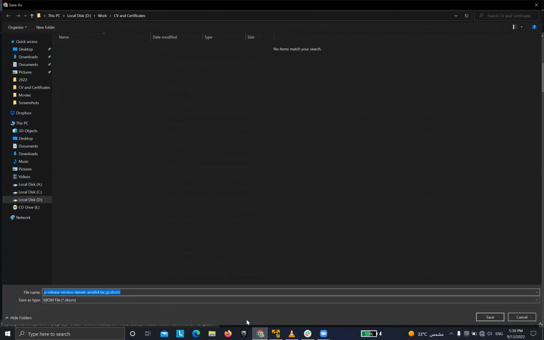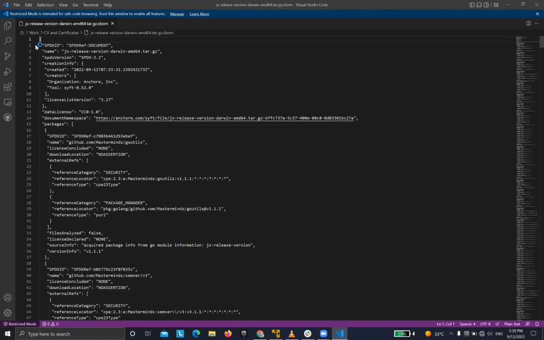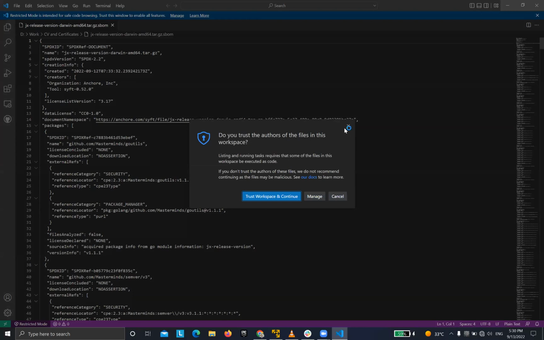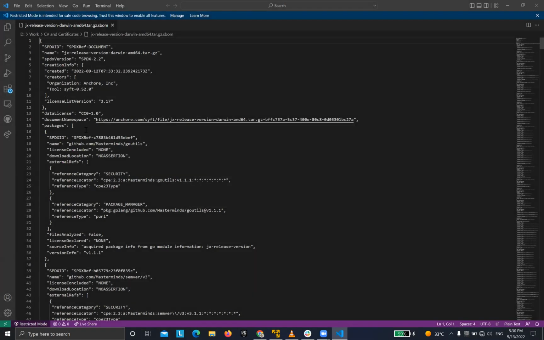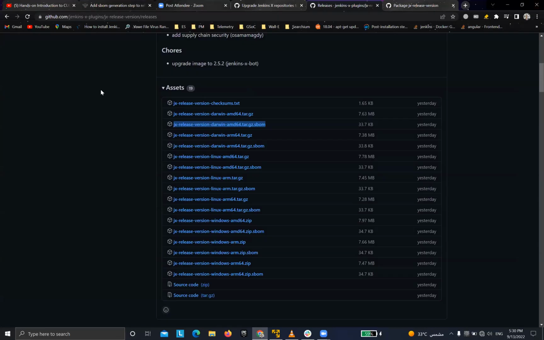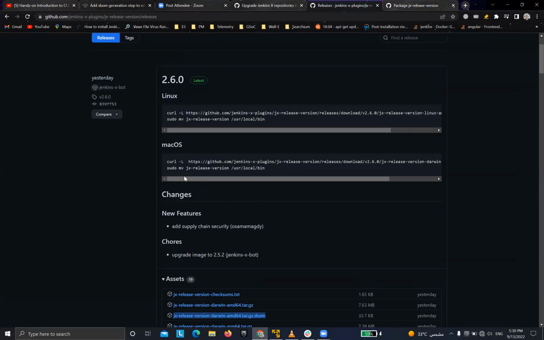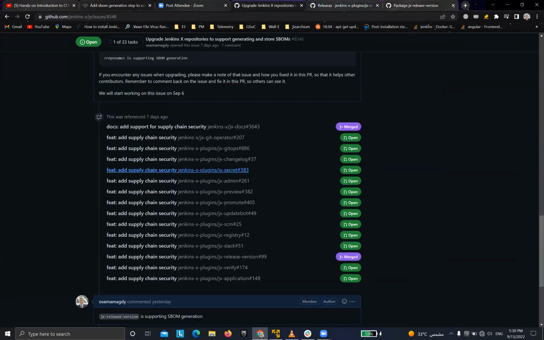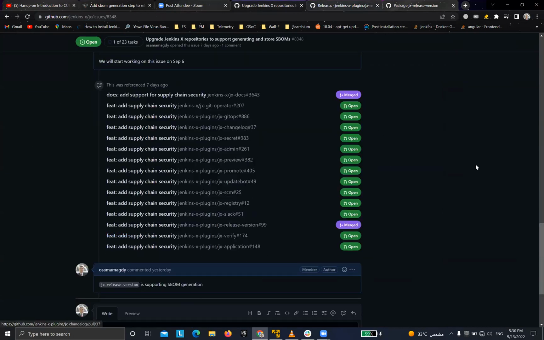You can download it from here and check if it's an actual SBOM. It will be like this. It will contain an SPDX ID, and check that everything is not empty, by the way. And that's it. And I was just aiming to ask if someone can review these PRs, because I think